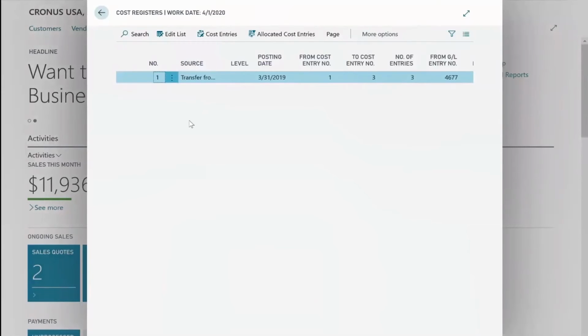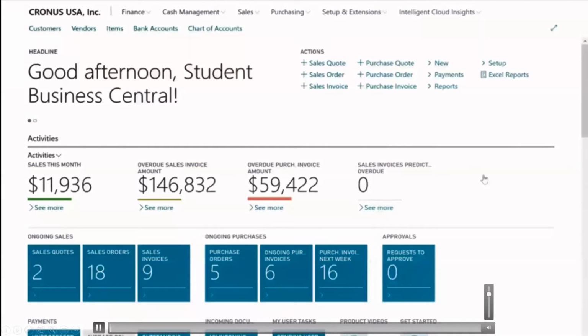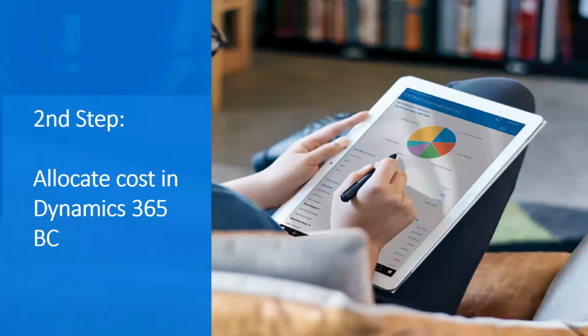I have used as the source a transfer journal that was posted, and this was transferring different cost entries into the different administrative, production, and sales departments. So in first place, all the accumulated depreciation was just posted into the different, let me just go back a little bit,